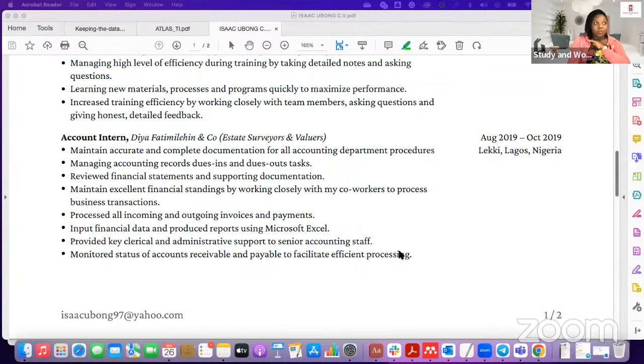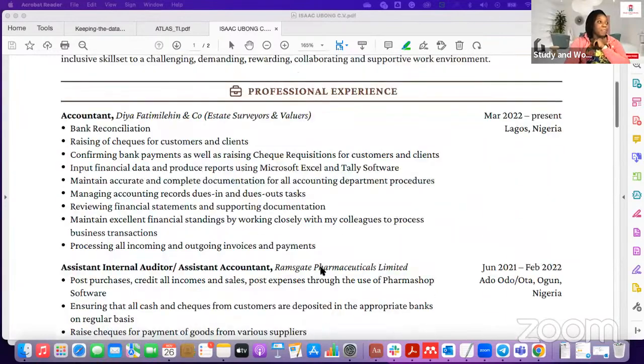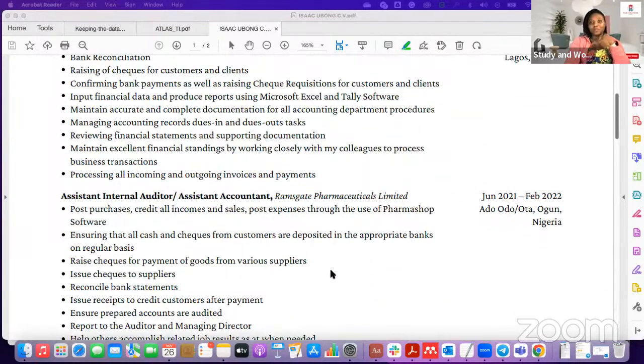And then the number 4, one of the big mistakes that most of us make on our CVs is that we make it too task-oriented when we are writing what we did in our previous jobs or in our previous education. We make it task-oriented, but we have to change it and make it result-oriented. One of the videos I watched and some books I read about CV writing have something they call the XYZ bullet points formula. I call it a result-oriented CV.